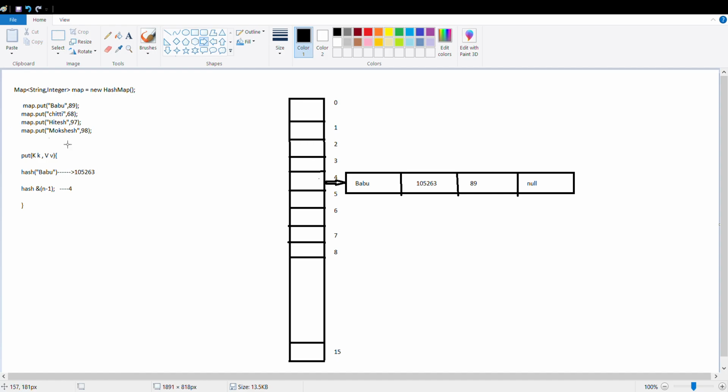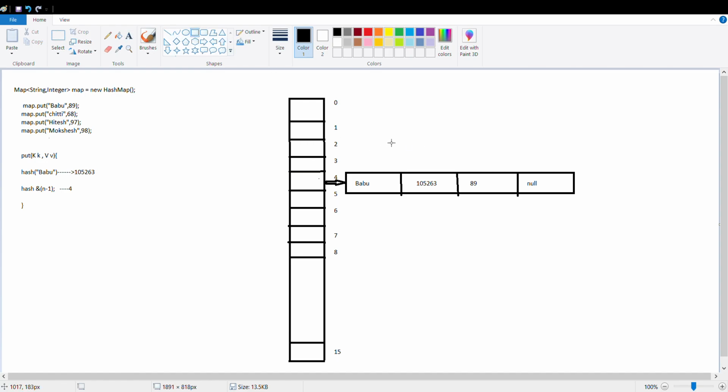Then whenever I insert the next entry, the same thing happens. First it will calculate the hash code of the given key. Let's say for Chitti the index is 2.